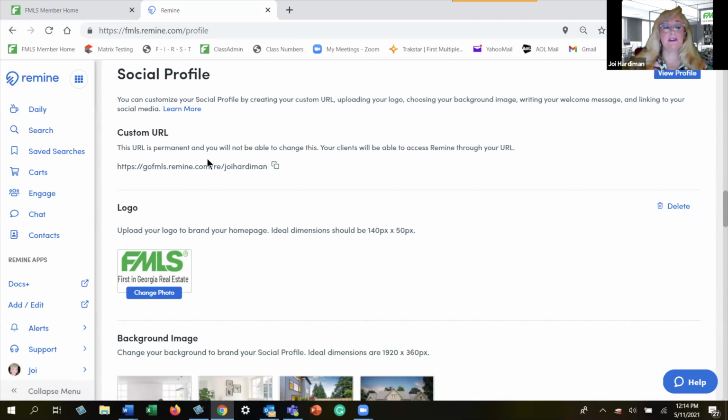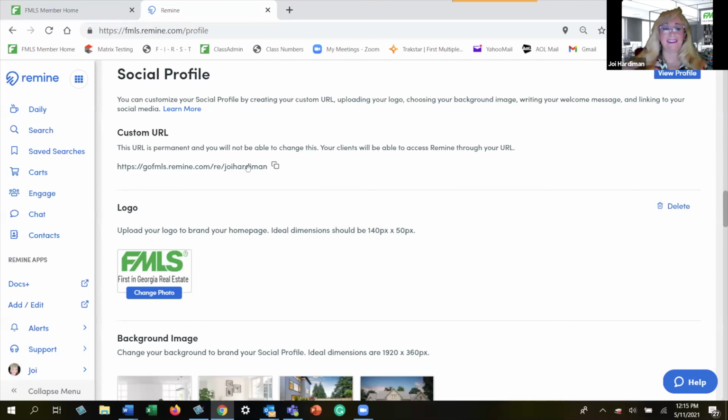Now, you're going to see something here that says custom URL. Now, guys, the main word I want you to see right here is permanent, which means if you go in and you establish, it's been forever since I've set mine, but you probably have a box, if you've never set this before, that will ask you to go in and create your own URL name. Now, I will tell you, it may not be the best, and I'm of course not telling you what to do, but I encourage you to think about, if you think you're going to get married, divorced, if you decide you're going to be called